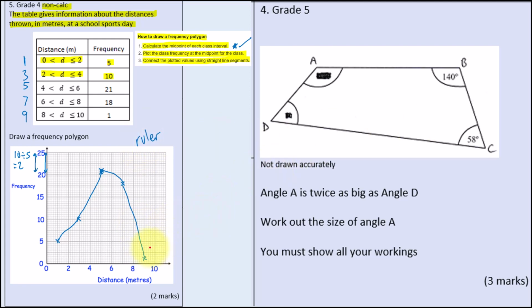Now I do want to add that, technically, a true frequency polygon makes a polygon, so it should actually start at 0 and end at 0, starting with the 0 for the class and 10 at the bottom. But I do want to be clear that for GCSE maths I am pretty certain that if you do not have this section and you do not have this section, that will be correct as well and you get